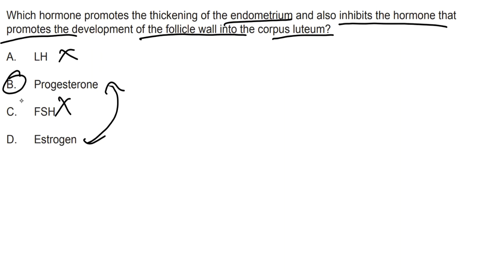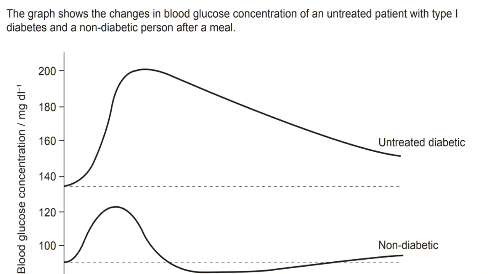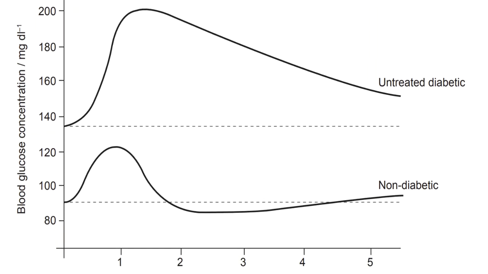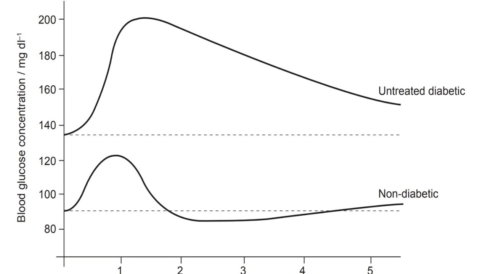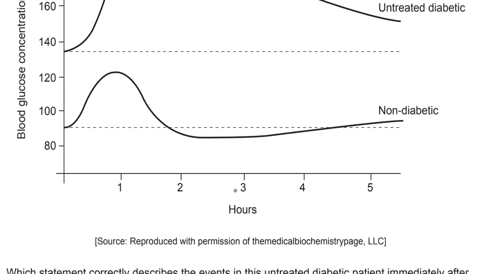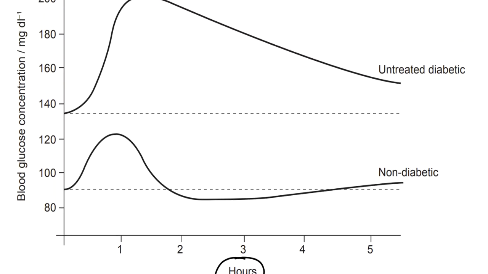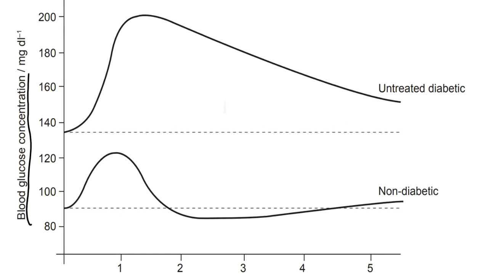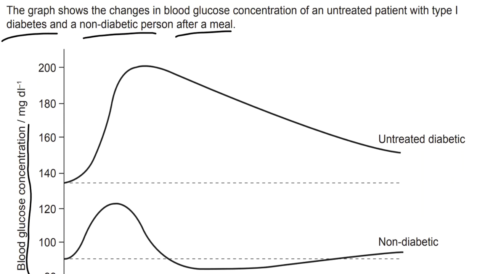So B is going to be my answer to this question. The graph shows the changes in blood glucose concentration of an untreated patient with type 1 diabetes and a non-diabetic person after a meal. So, whenever we get a graph, whether it's paper 1 or paper 2 in a database question, always read the axes. So, here on the x axis, we have the independent variable, which is the hours, and the dependent variable is blood glucose concentration. So when it comes to diabetes and non-diabetic, we've got to remember that type 1 diabetes